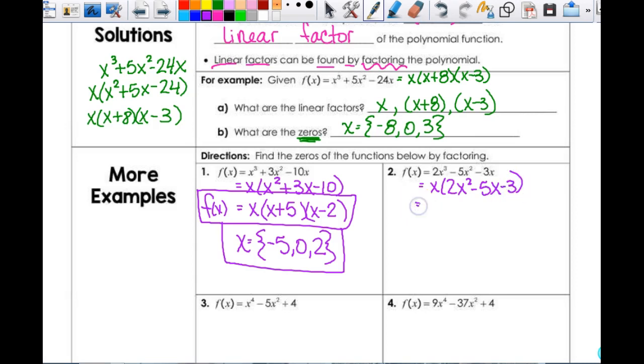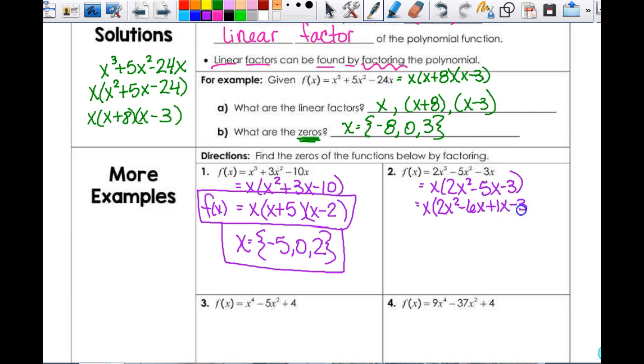So again, if you want to do your divide and slide or whatever, you can go ahead and do that without me. I would suggest grouping if you don't have a favorite, just because then it's consistent. Because there's no GCF besides x, well, I'm sorry, x is the GCF. There's nothing else I can factor out. So that's going to give me 2x squared. Well, 2 times 3 is 6. So I need them to multiply to give me 6, but combine to give me a negative 5. Signs have to be opposite, so it's going to be negative 6x, and then a 1x, or just x, either way,